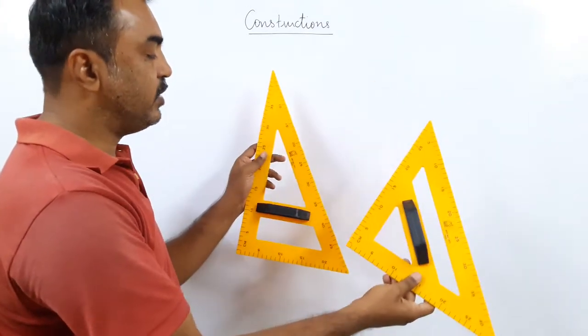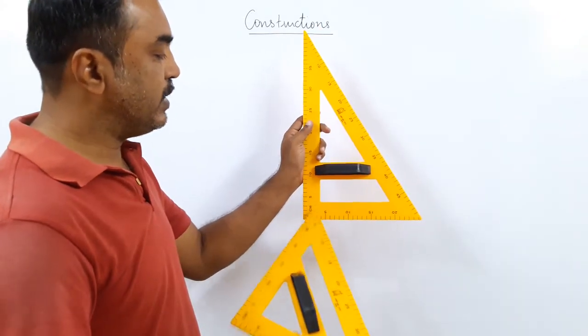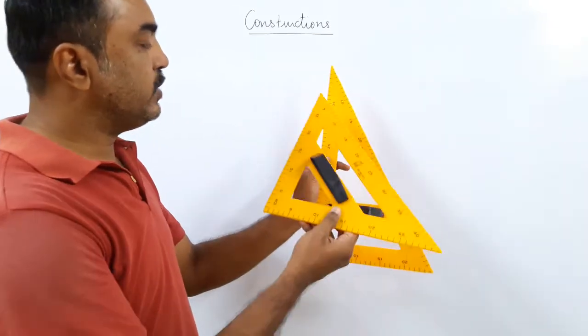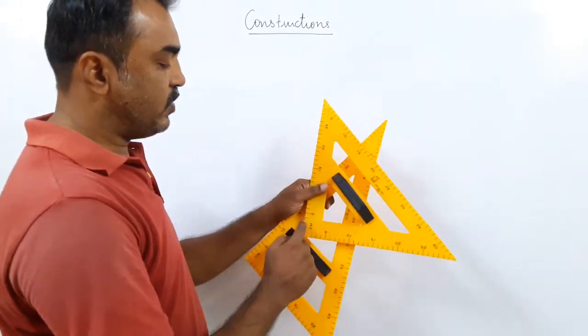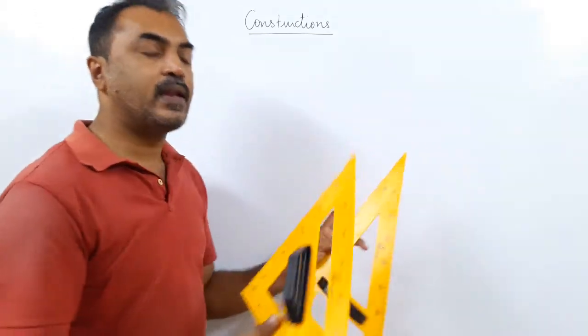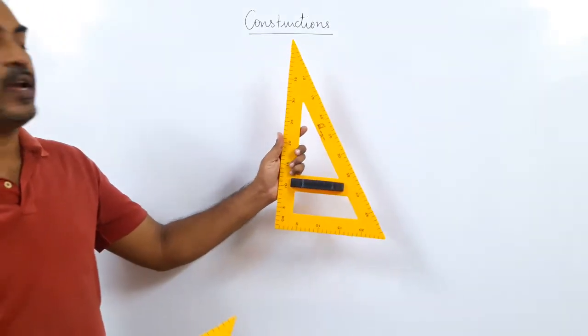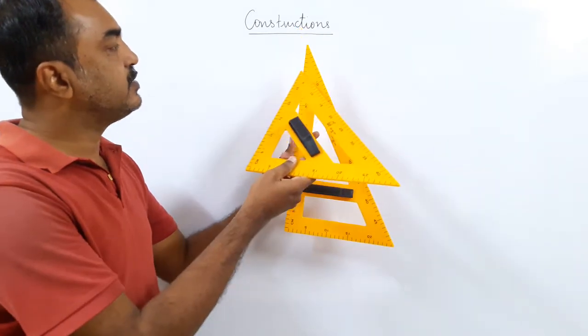So some tools are given to you in your geometry box. A set square with 90, 60 and 30. And you will know that this set square will follow the Pythagoras theorem. So does this. We have got 90, 45 and 45. In the trigonometric table which you did, you will find the ratio. If you want to go by it, you can check it out. This is 90, this is 60 and this is 30.